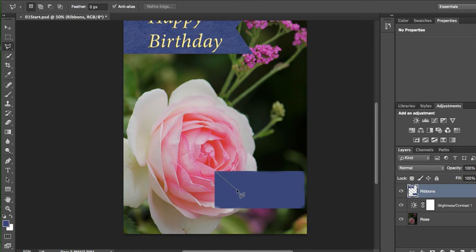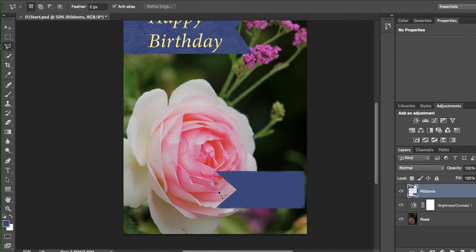Let go of your mouse, click your mouse again, go to the far corner, let go of your mouse. Now click and hold the mouse again and go back up to the top. When you see these marching ants, that means everything's connected. Now I want you to hit delete. Now we just took a little slice out just like it is up here, and then hit Command D to